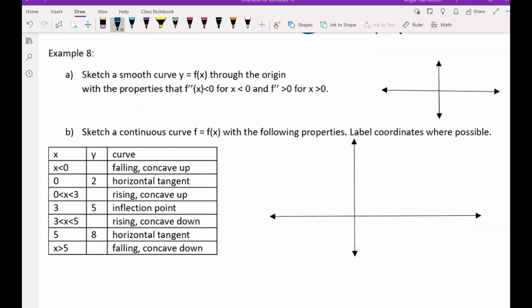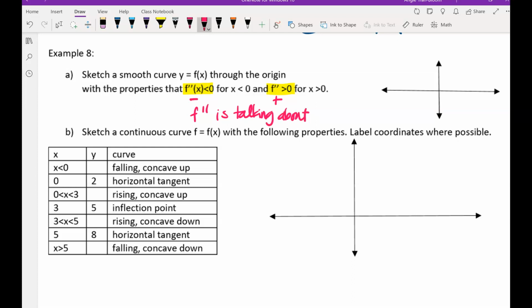Example 8. Sketch a smooth curve y equals f of x through the origin with the properties that f double prime is less than zero for all x less than 0, and f double prime is greater than 0 for all x bigger than 0. So as you guys remember, the double derivative, okay, when it's telling you that we're going from negative to positive, this is talking about, so f double derivative is talking